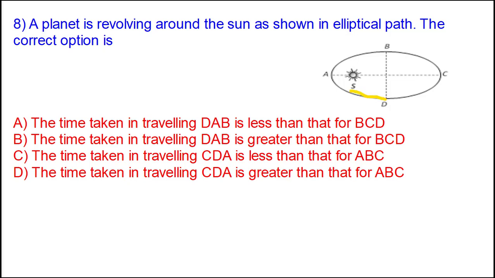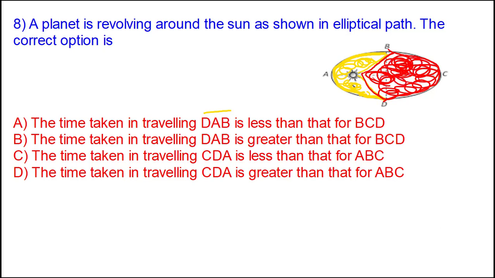D goes to, so when the planet travels in this path, the area covered is this much with respect to the sun, the axis. I'm just shading it yellow. This is the DAB path. Now next, BCD. For BCD we can take this red shade. So when it's traveling along this BCD path, along this the area which comes is this one. So this is the area covered in BCD while traveling through the BCD path.